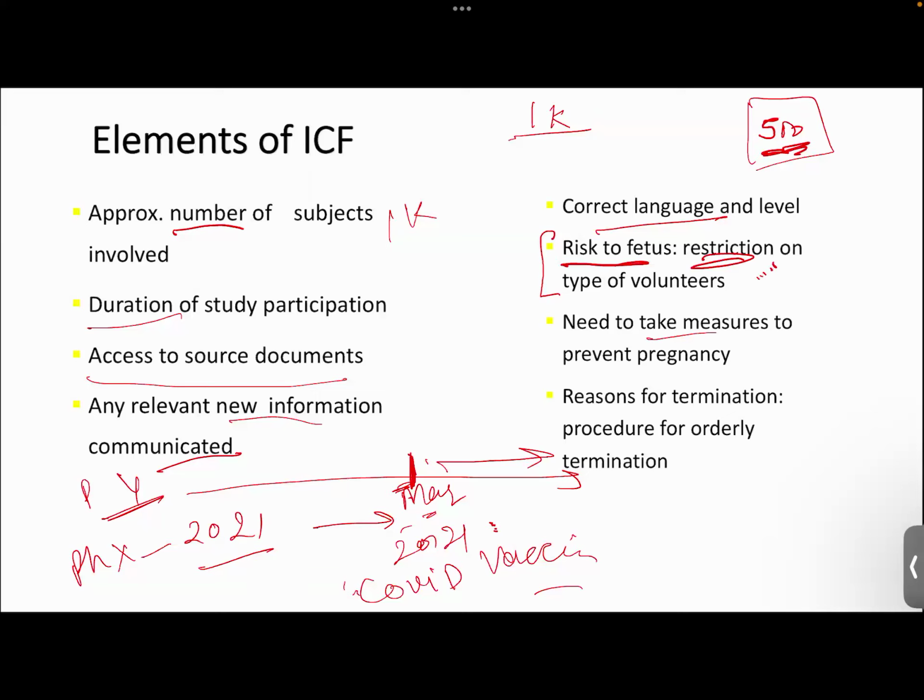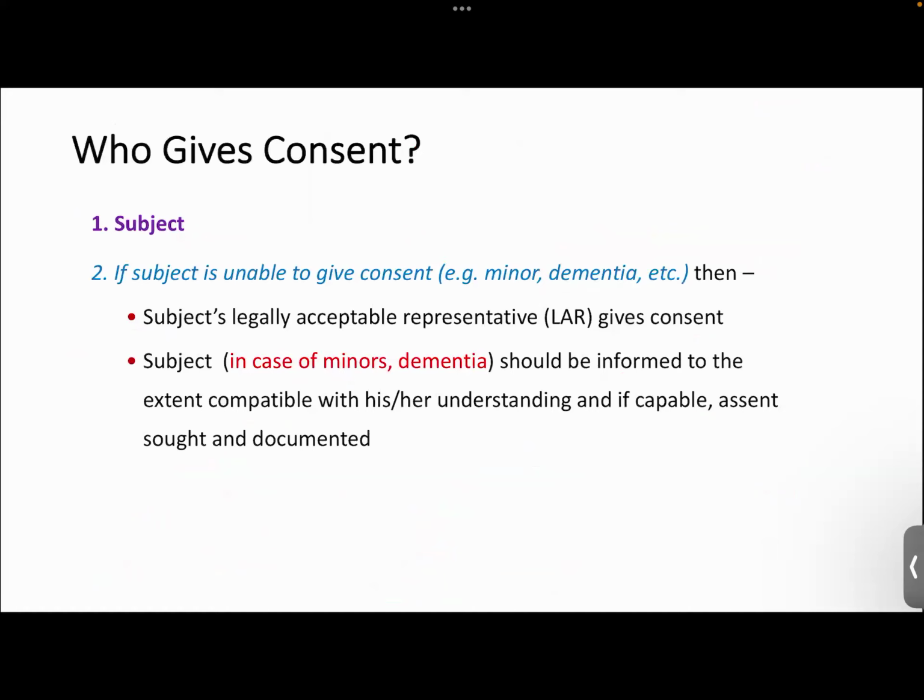You also need to see that most of the time there is a reason for termination. If a trial got terminated for any reason, it may be planned. Sometimes it is planned also. They will say we will do an analysis midway, and if we see that we are not getting the result we are expecting, we will stop, or for any other reason. So you should be informing participants. Now this is one part.